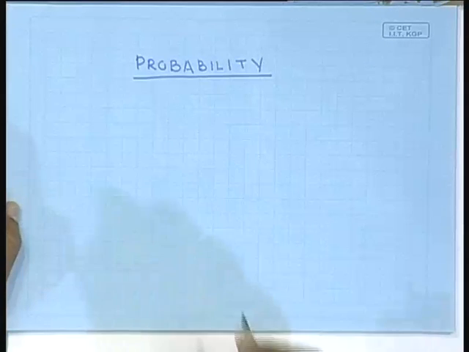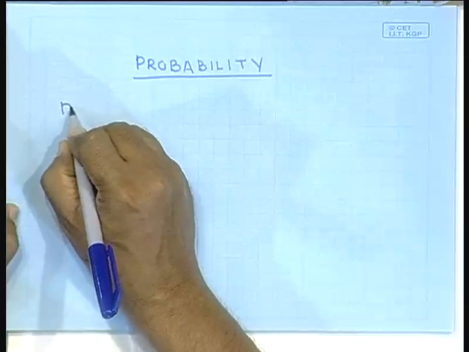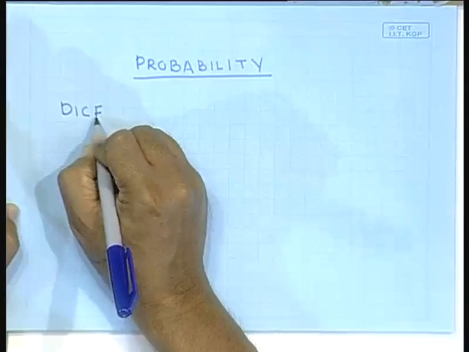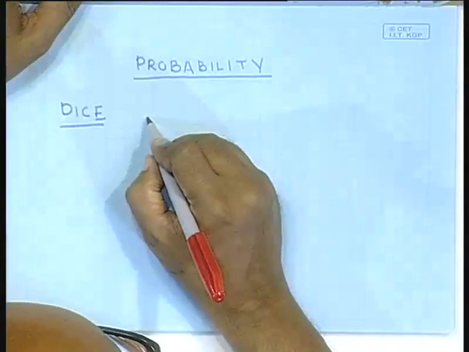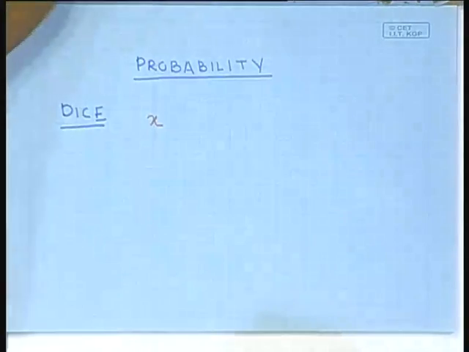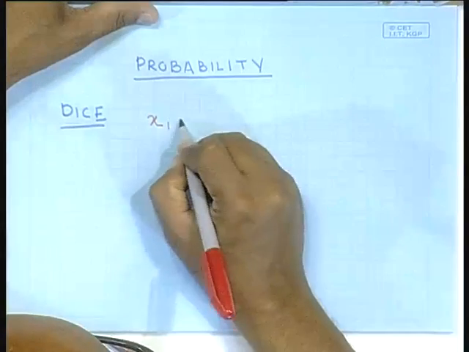Let us start our discussion by considering a dice. We all know that a dice is a cube which has 6 different sides, and each side has a number painted on it. When you throw the dice, you cannot predict what the outcome is going to be. The outcome can be any one of 6 values. So, let me write down these values. The outcome of the dice we are going to refer to as x. It is a random variable, and it can have values x1, which is 1,